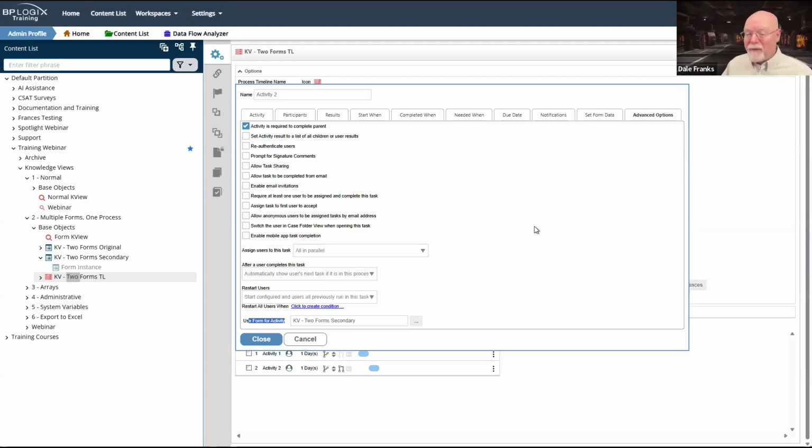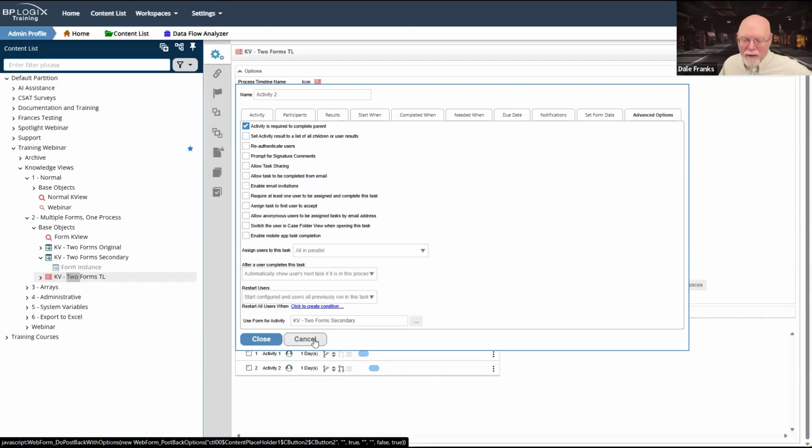So pro tip, if I just want to use a form in a specific activity, I can do that. I can just say on the advanced options tab for a user activity, all right, use a different form. So that's what I've done. On the second activity, it uses the secondary form. And that way, every time I run this, I have two different forms that run in this activity.